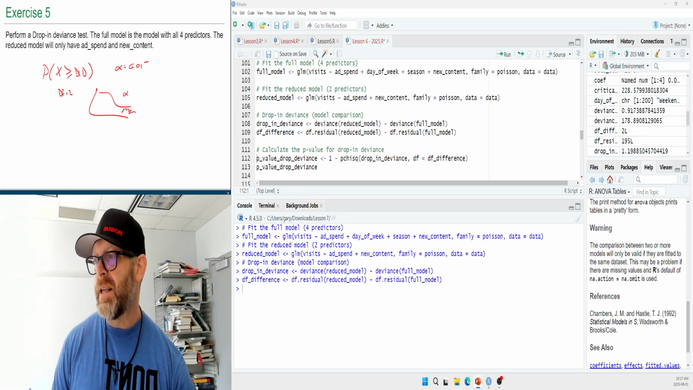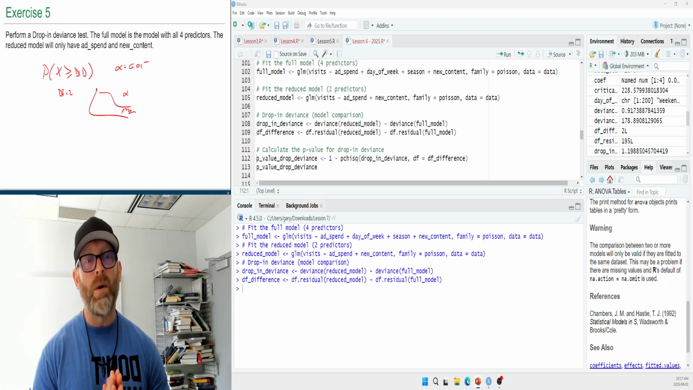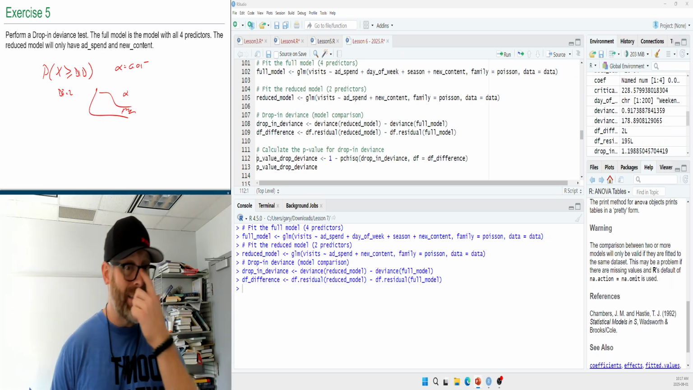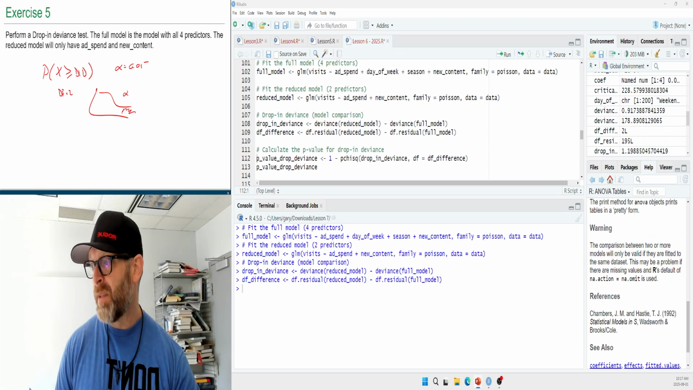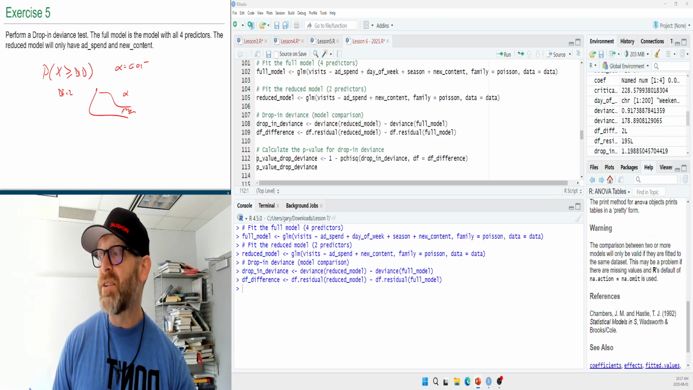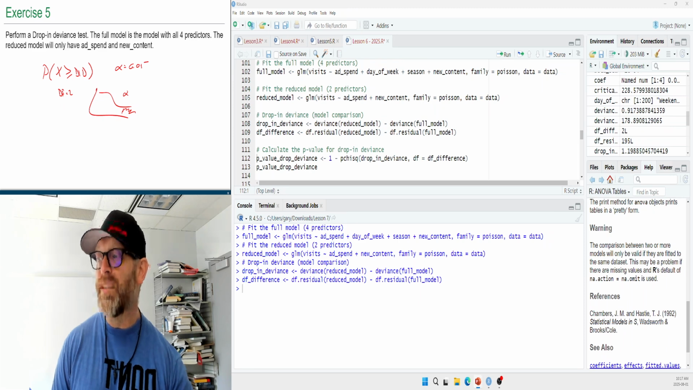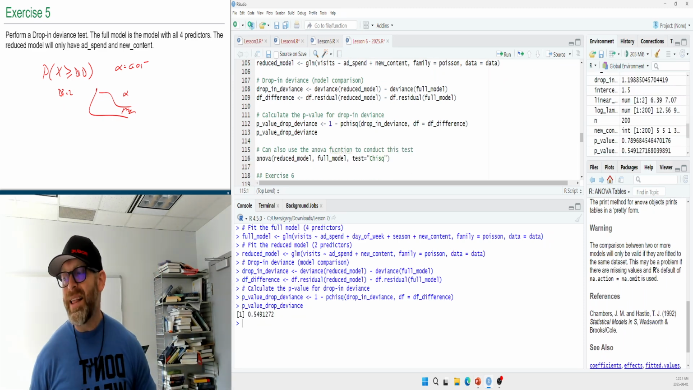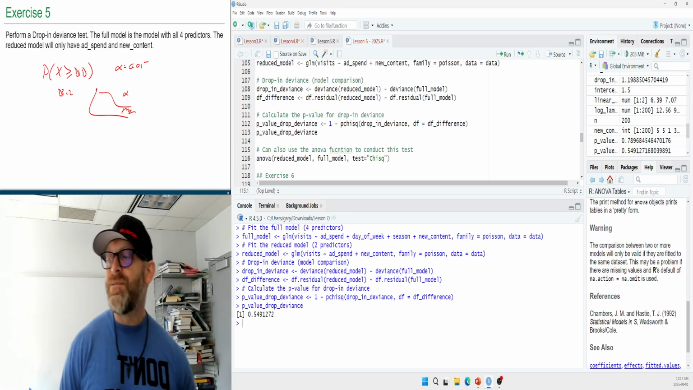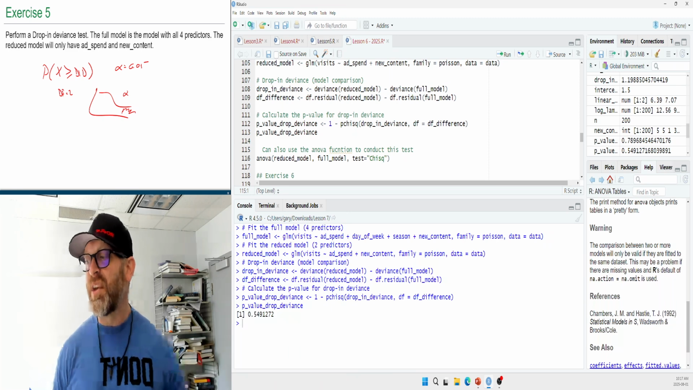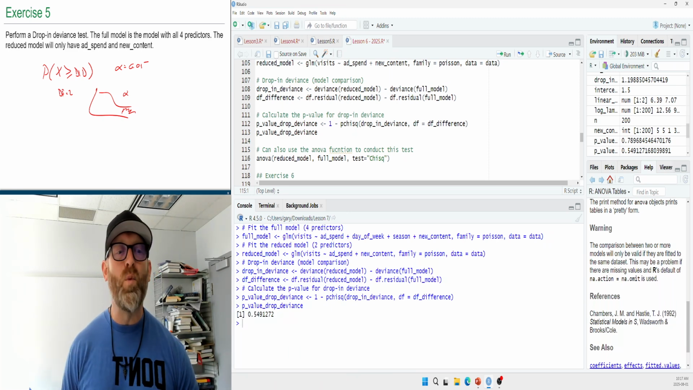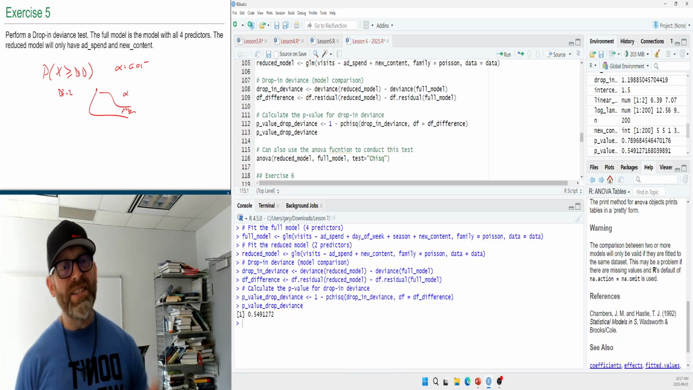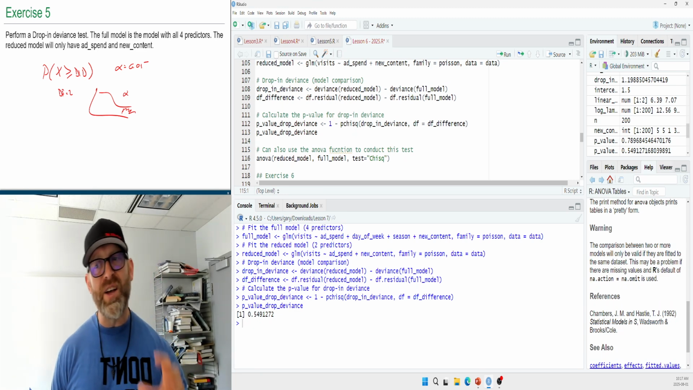So the first part, the p-chi squared, that's just giving us the probability to the left. The 1 minus is asking us, well, what is it to the right of that? I'm going to store this in the variable p_value_drop_deviance, and let's print this to the screen. So it's telling me that the result is 0.549172, or 54.91%. So again, if we ran this experiment over and over and over, and we saw this drop in deviance,